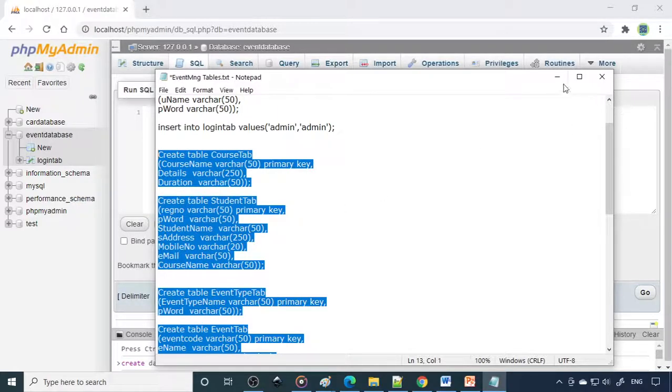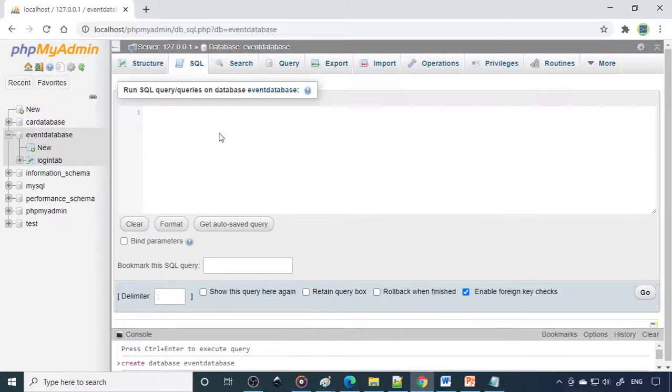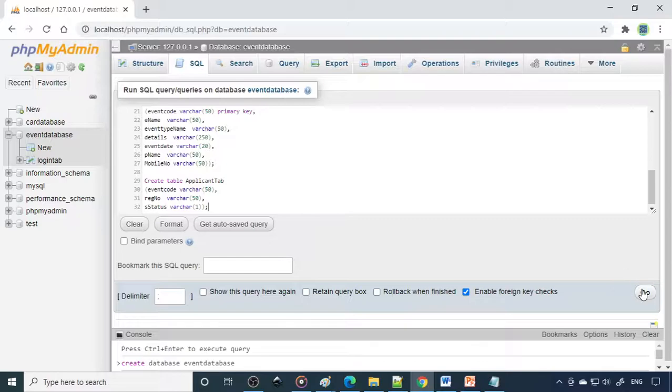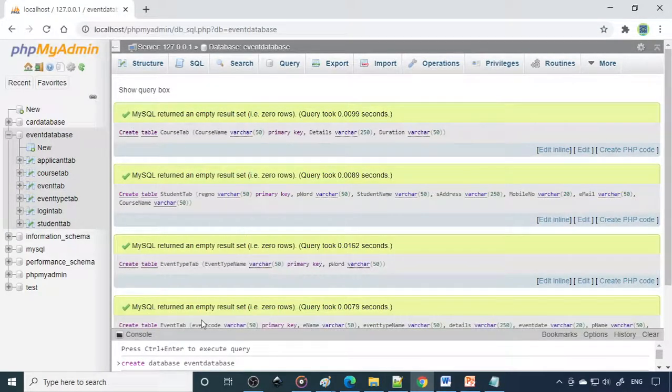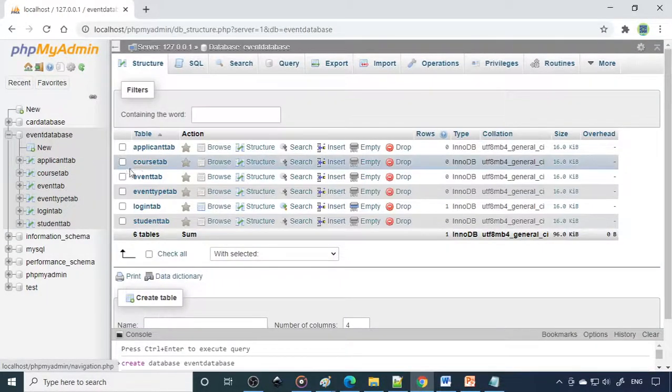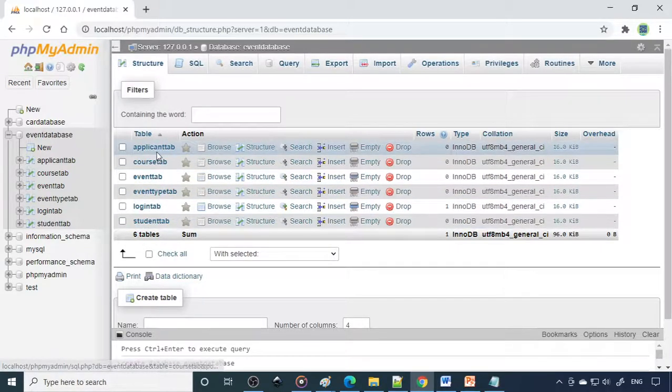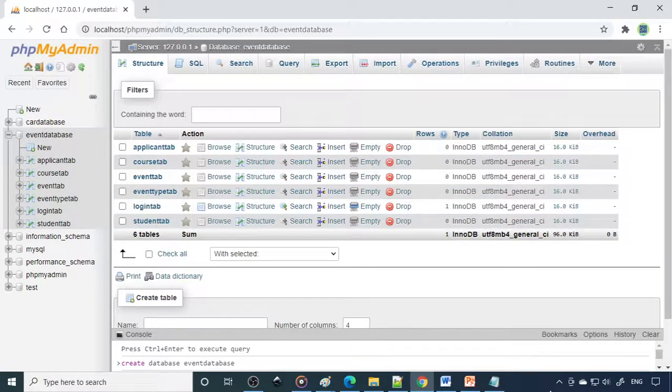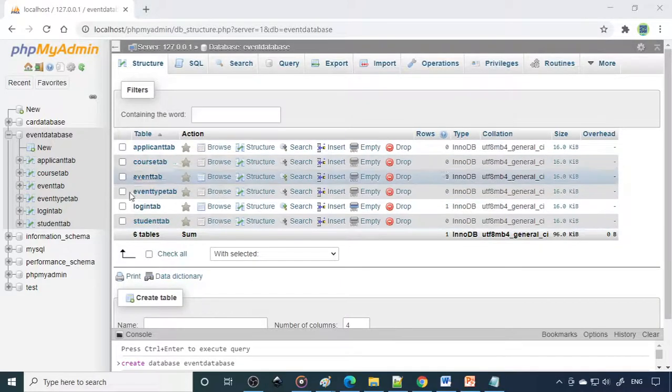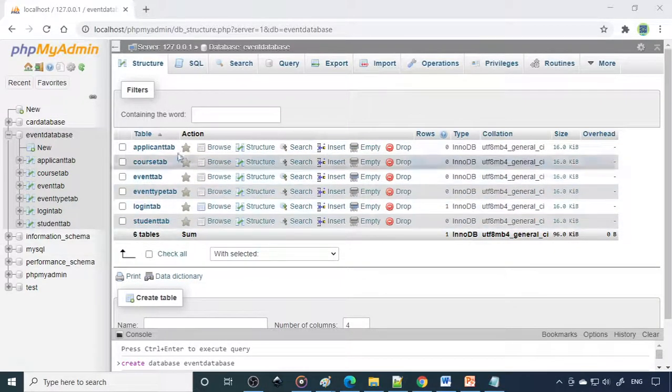The five tables are copied. Now we go to SQL, paste here and execute. All five tables are created. Now you can see the event database has six tables in total. The database design and tables are all created.